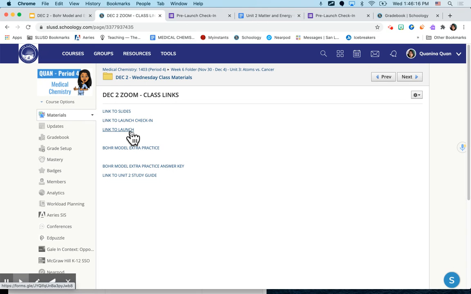When I was checking your Nearpods from last time, I noticed that a lot of people were struggling with how to find how many neutrons and how to draw electrons. So I left a Bohr model extra practice for you to do on scratch paper if you would like, along with the extra practice answer key so you can check if you're correct or incorrect. But right now, I'm going to go over